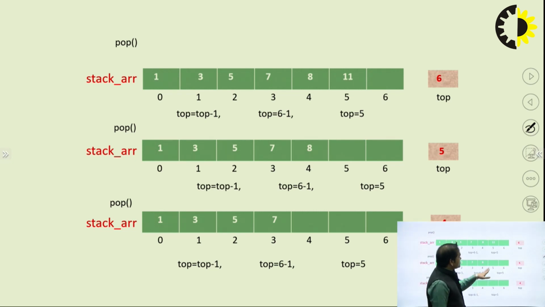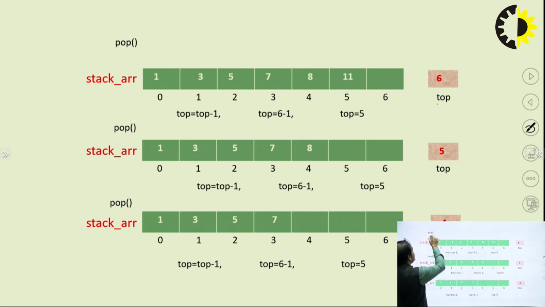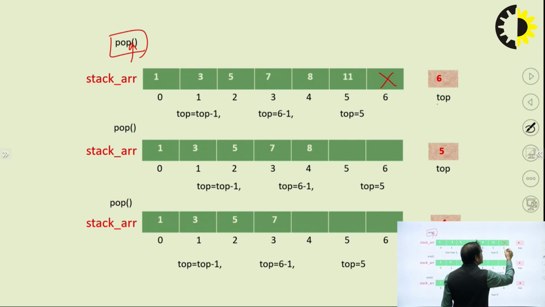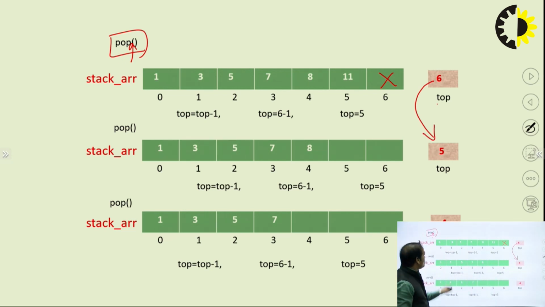I have 6 elements and the top contains 6. We want to pop. In case of pop, there is no need to give a value. We only write the pop function. The top element is deleted. Here, if we call pop the first time, then the element at position 6 is deleted, and then the value of top is decreased to 5. Top equals top minus 1, 6 minus 1, the top contains